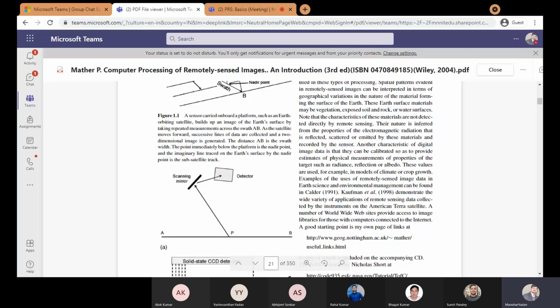Similarly, if you design it for the near infrared band, it will discard other energy components and sense only the energy within the near infrared band. So if you design your sensor in the red band and near infrared band, and you are going to sense the energy from this pixel P in both bands,